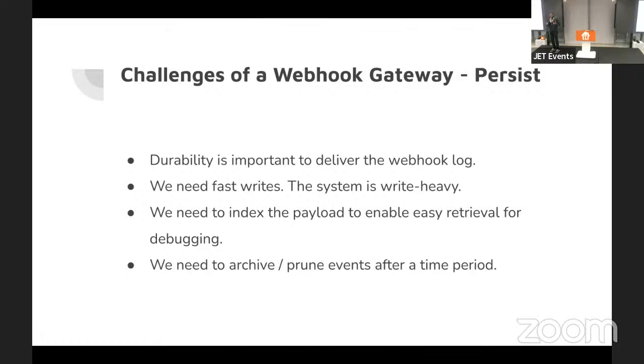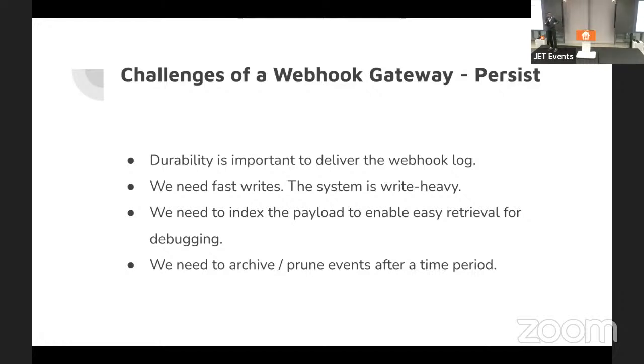Webhooks are mostly JSON, and if you do not provide a webhook log, what your consumers would be doing is implementing it in their Loki, their Grafana stack, whatever stack they use for observability, to index the events that you send to them so that they can prove that nothing came through. But if all of this is provided on the webhook log directly, it provides an improved developer experience from the API provider. And the last point here is we want to archive and prune events.